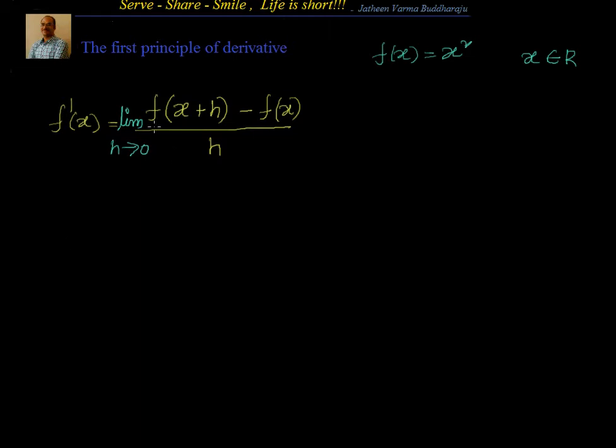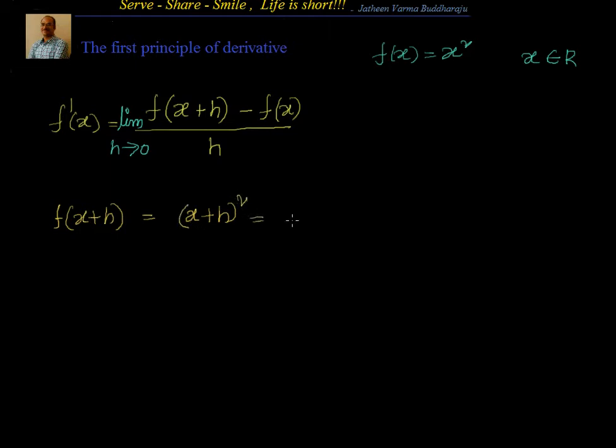So that is what we know. First we will try to calculate what is f of x plus h, what is f of x, then we will try to find f dash x. So let me go to the next step. For f dash x, let's do f of x plus h first. We will do it separately. So I will say f of x plus h is nothing but, since f of x is x square, f of x plus h is nothing but x plus h whole square.